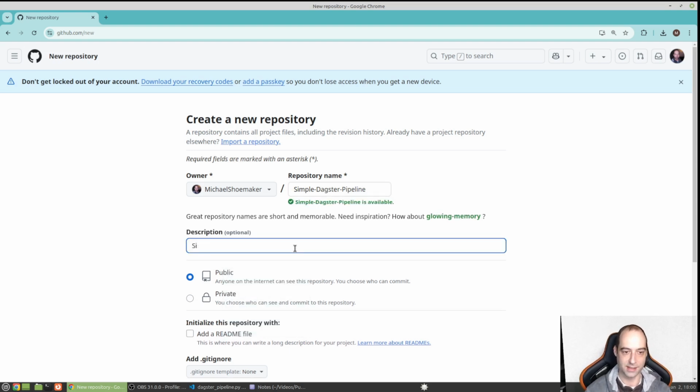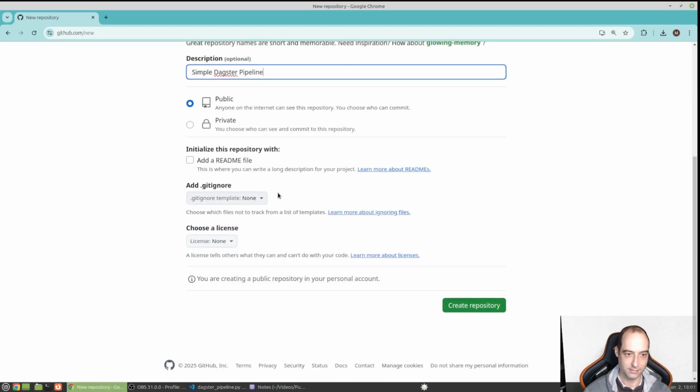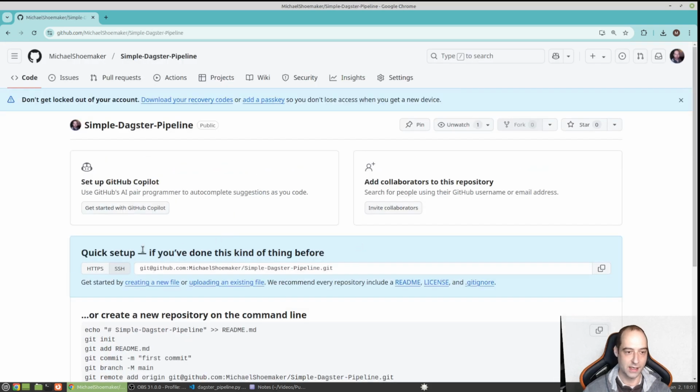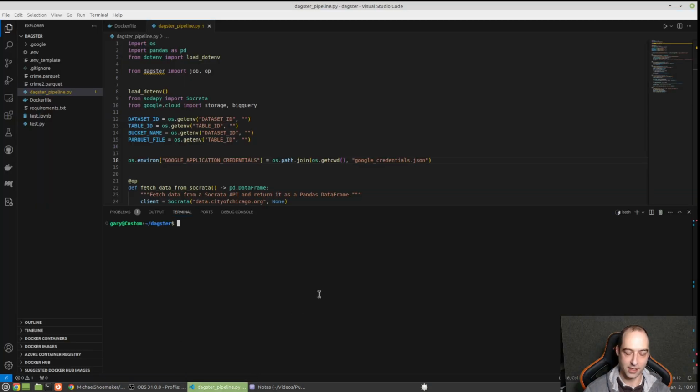And the description can just be the same. Okay. I'm going to create the repository, and here I will have an SSH link. I'm going to want to copy that and come back here to my code,